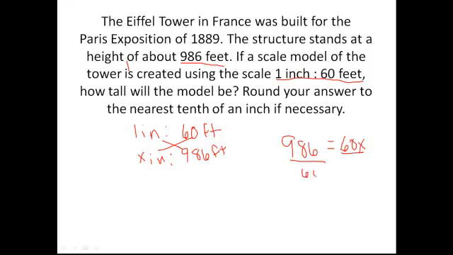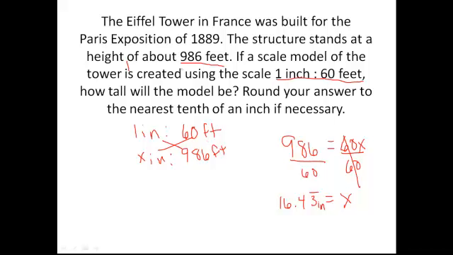Divide both sides by 60. 60 by 60 is 1. And 986 divided by 60 is 16.43 repeated. So that's not going to round up, so that is the value, but it asks you to round